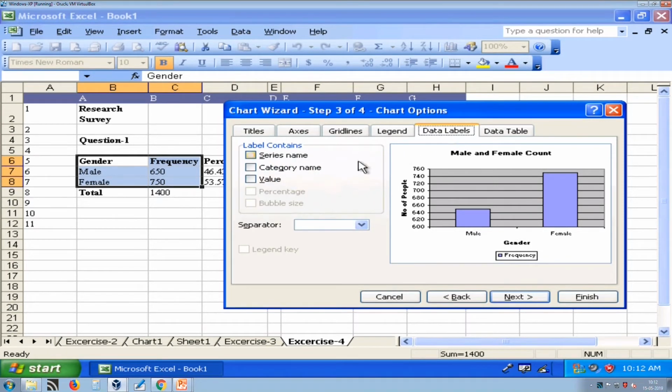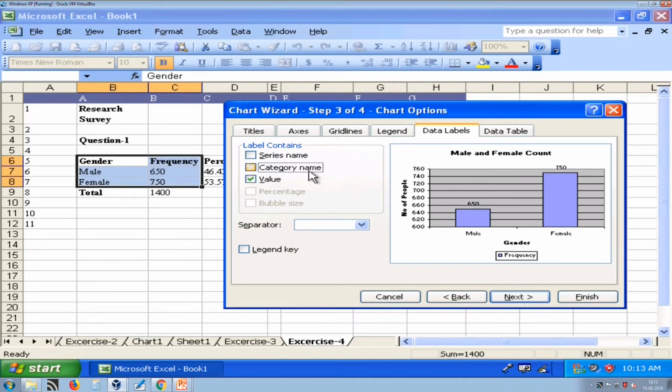Now, in data label, we also want to display the value, because it is difficult to estimate the exact value from this. So, you can display this value on top of the column chart. Here we do not want to display the category name, otherwise it displays male 650, which is already below.